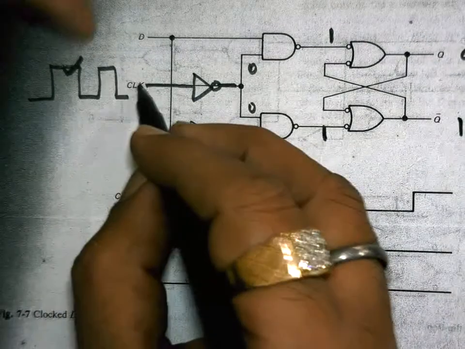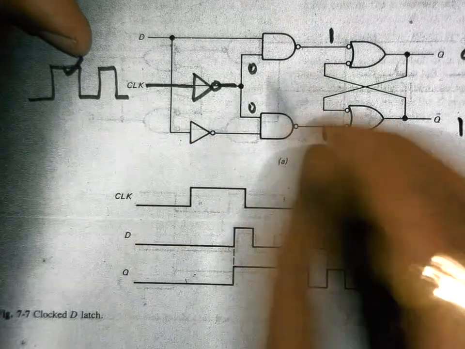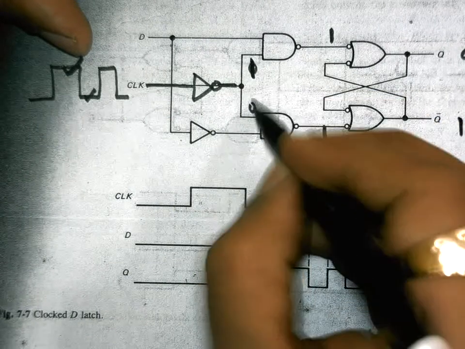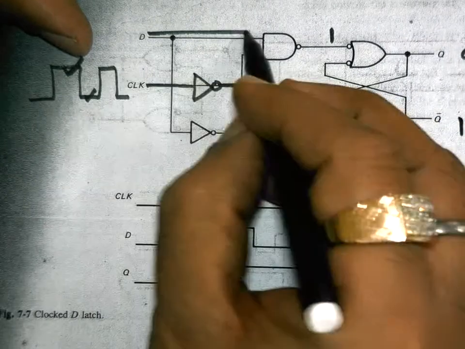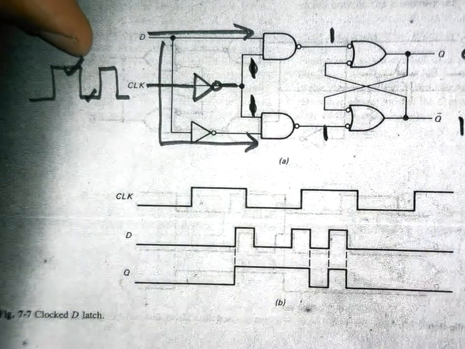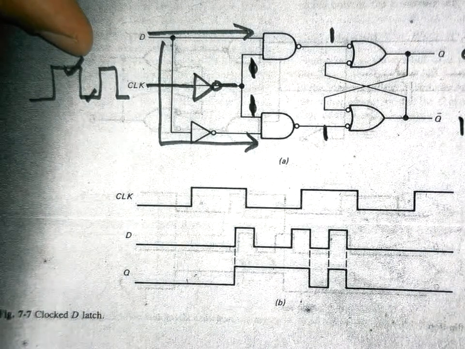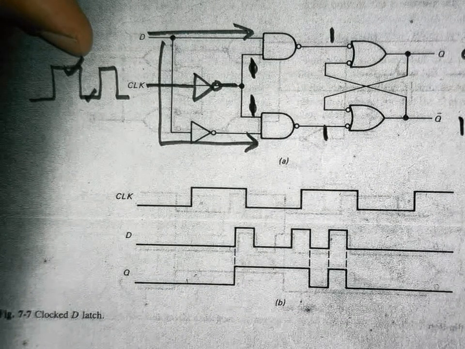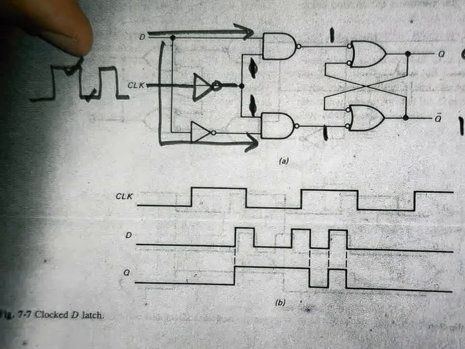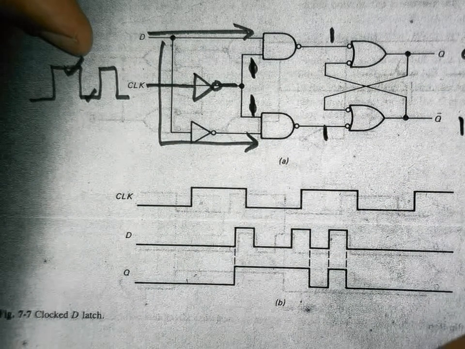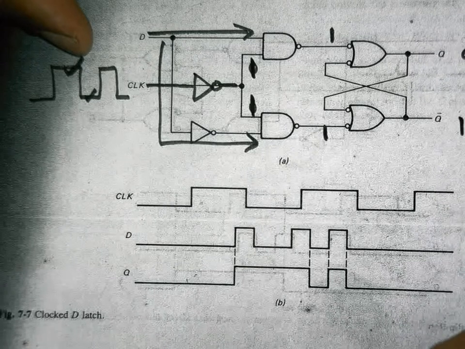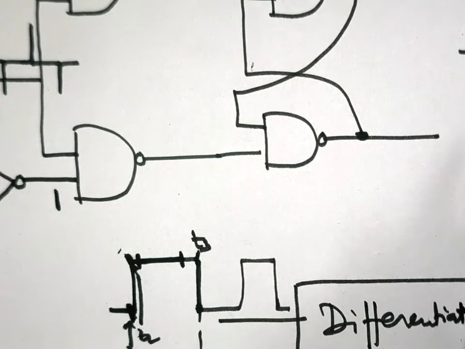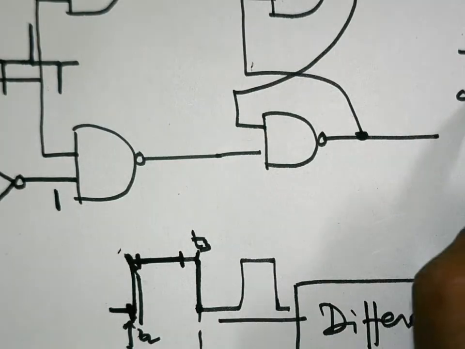This means if 1 is appearing at the clock, it is not going to make any change at the output. If 0 is appearing at the clock, now the input is given path to show any effect at the output. Now this D input will show any change at the output. Getting my point? So this flip flop is regarded as low level triggered D flip flop. The symbol of this is a bubble in the path of clock.